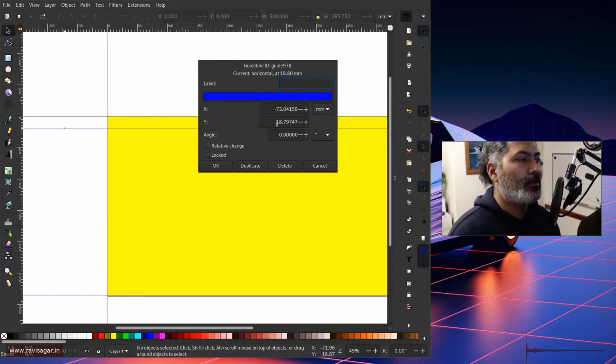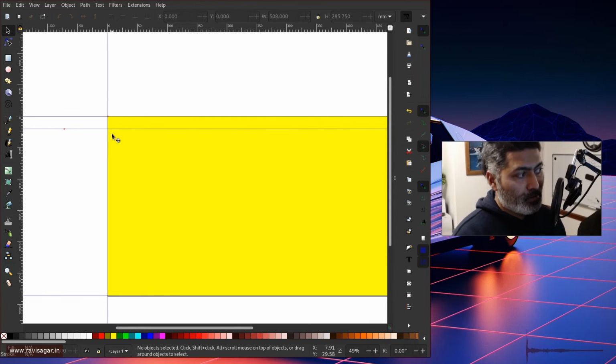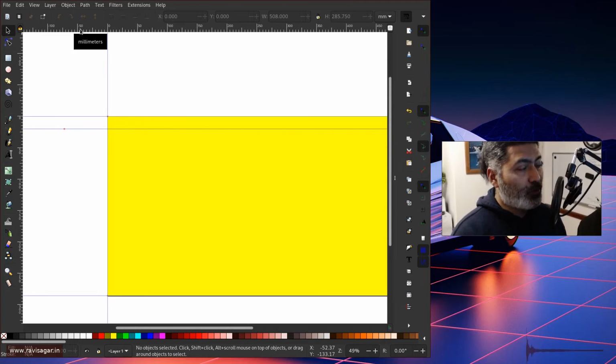I want to make sure that this number, x and y, I mean y is more important because you're talking about horizontal. If this number is, let us say, 20, you can click on OK. So this is basically 20 pixels from the top. Now if you have to create a similar line at the very bottom,